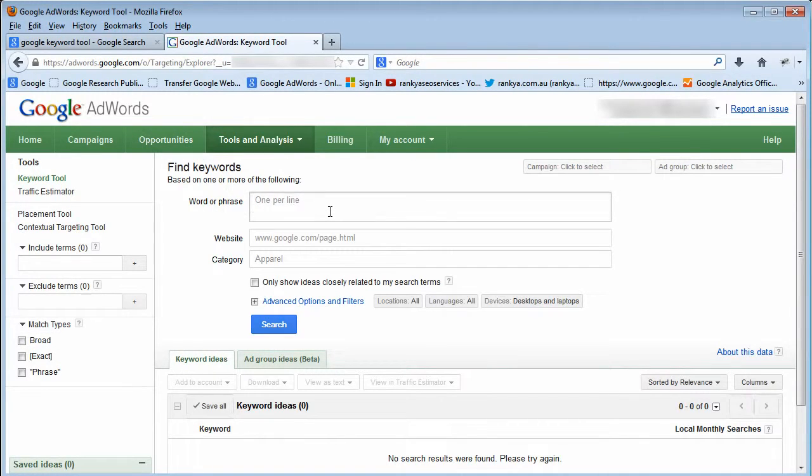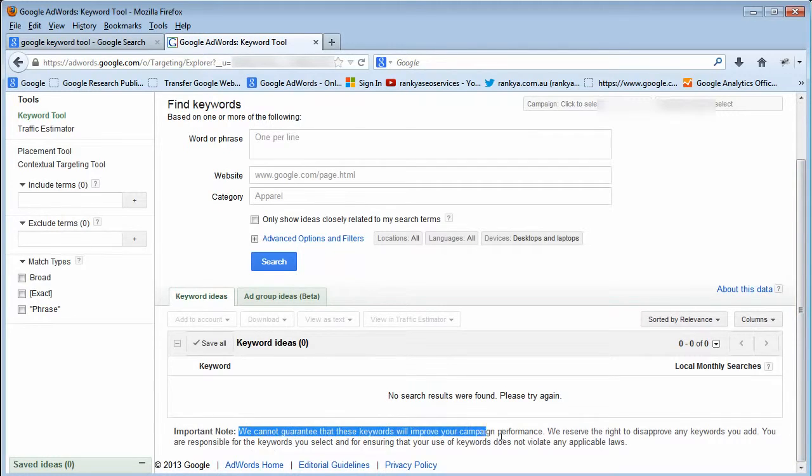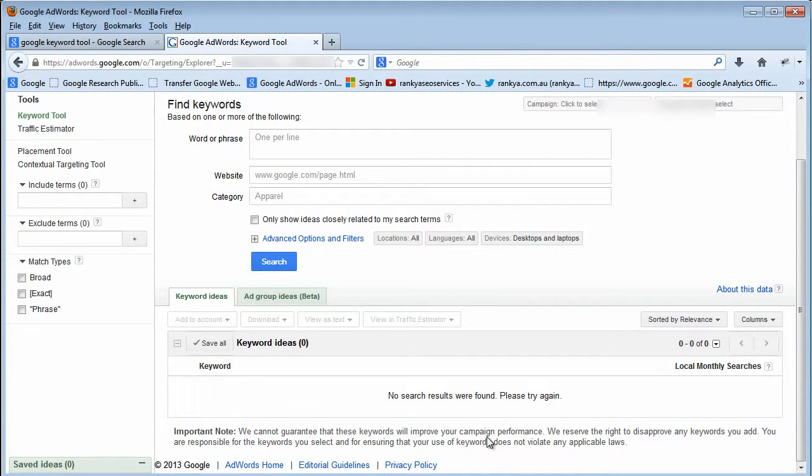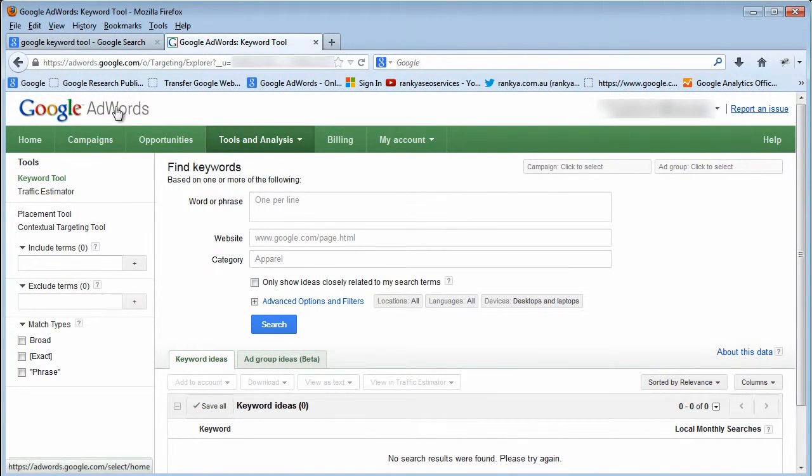Now, we need to first of all understand this fact. This is just to give us an idea, okay? And if you really read everything that you see on a particular user interface, as you can see here, these are just ideas, and this keyword tool is designed mainly for AdWords. Okay, now as you know, Google makes billions of dollars every year out of thin air, and their money-making machine is their AdWords